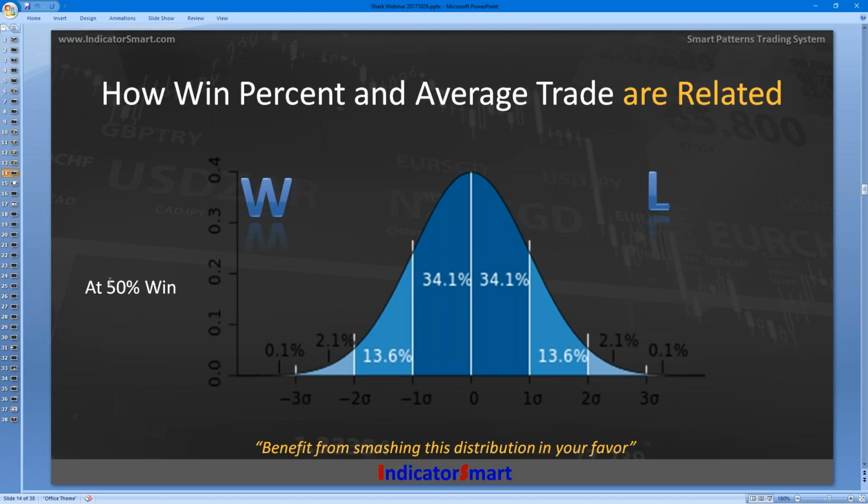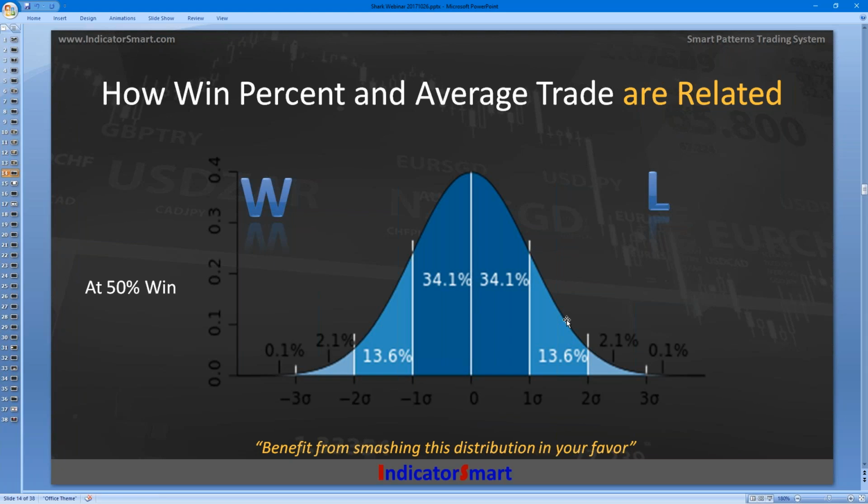follows this. This is 50-50 win. There's 50-50 on each nail. Some of them end over here. Some of them end over here. But what happens is you get 68% of the trading activity in the middle of these things. So if this was your stop loss right here, then theoretically your gains would all occur over in this 13.6 and 2.1 and 0.1% of the curve. In other words, if your biggest loss is right there and the distribution went like this, you chopped all this part off on the losing side, and you're going to pick up